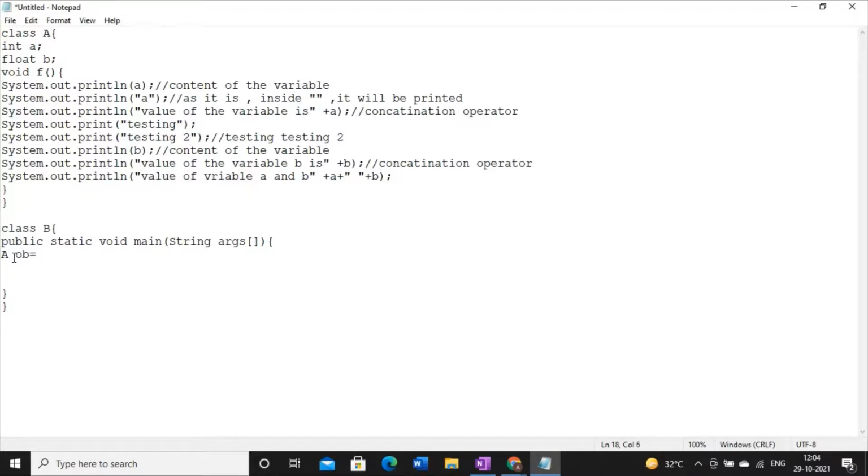Then equal to, then the new operator, and then you have to repeat this class name with this symbol. This is how the object is created. This is known as object creation. Here we have created an object of class A.